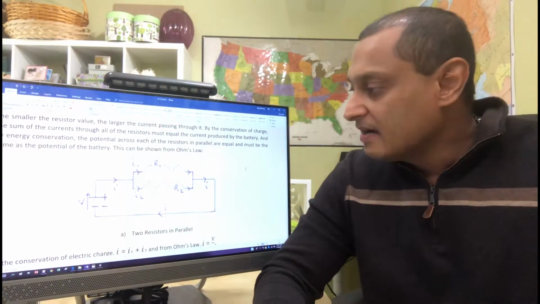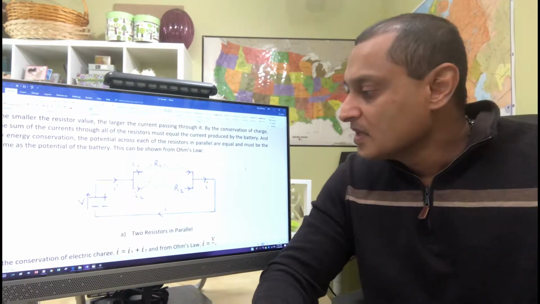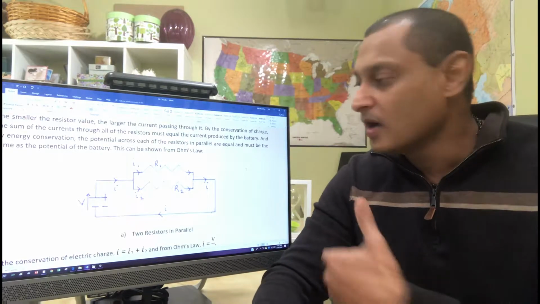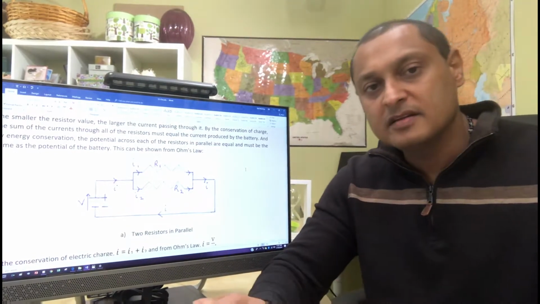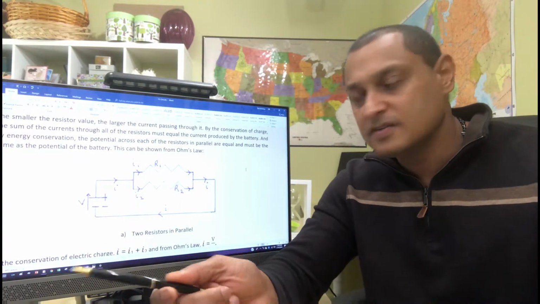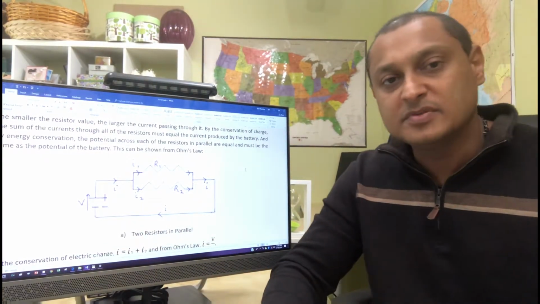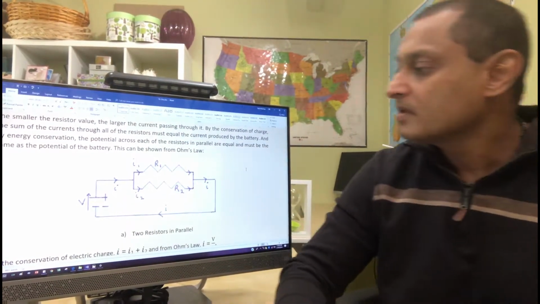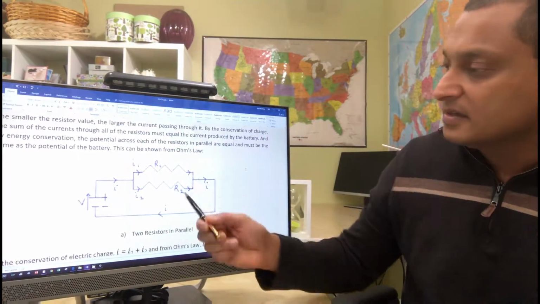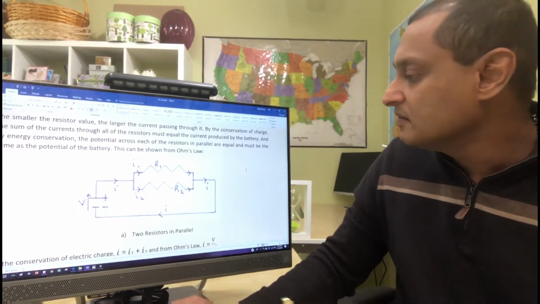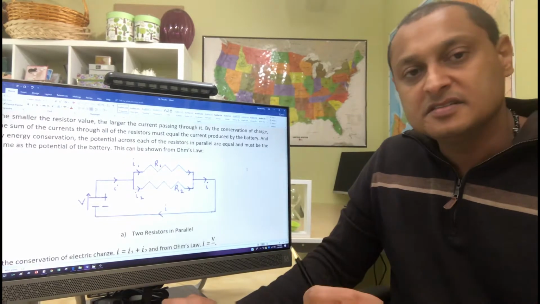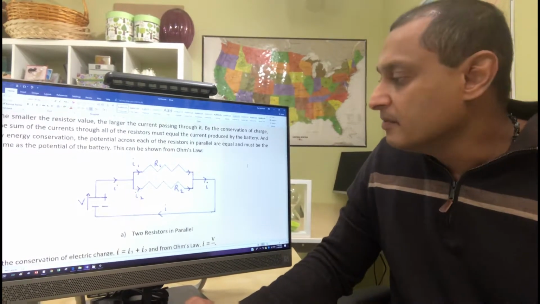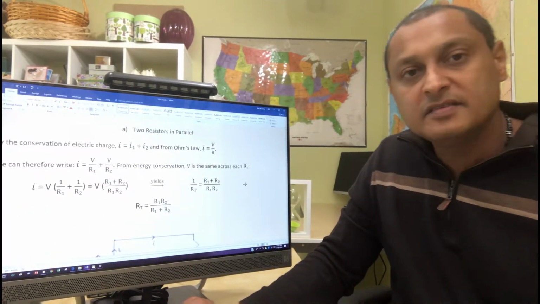So because they're wired in parallel, the current splits, but the same potential applies to both. Unlike being wired in series, where it's the same current going through each resistor, but the potentials are different. In parallel, it's just the opposite. The current splits, but the potential across each is the same, which is equal to the potential of the battery, by the way. Whereas in series, the sum of the potentials across all the resistors will equal the potential of the battery in the circuit. So all of these things are derived mathematically